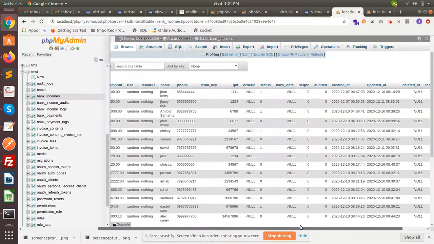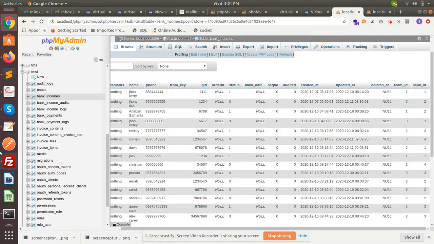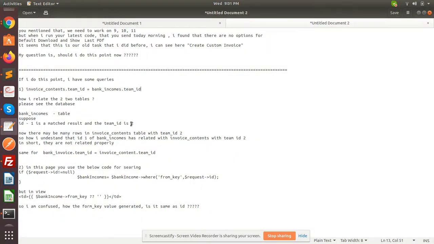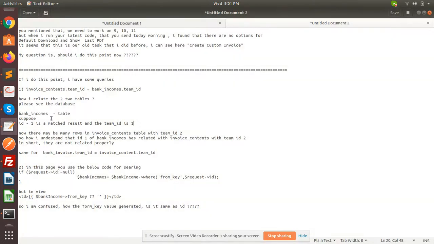Suppose the team ID is 1. It's okay, fine. And it's shown in here, right? Suppose this one, 1, 2, 3, 4. Okay, that's fine.